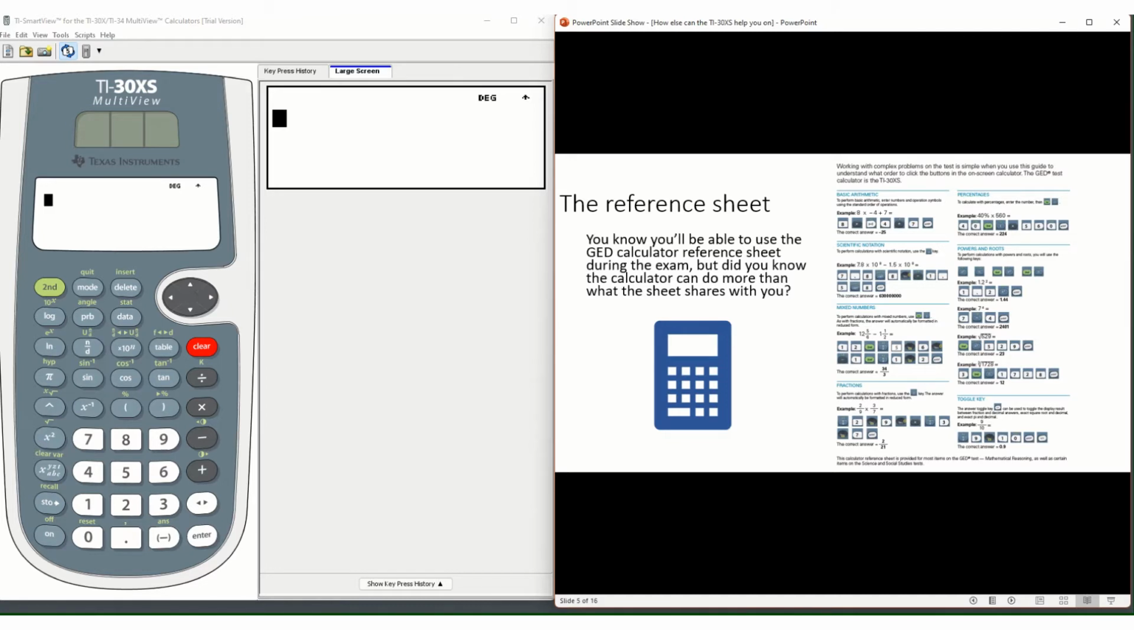So as I mentioned in the other videos that we have shared with you, you're going to receive a reference sheet when you take the math exam. However, those functions that you see on that reference sheet, that's not it. Your calculator can do more. And so we want to learn these tricks in case we need to use the calculator for something like combinations